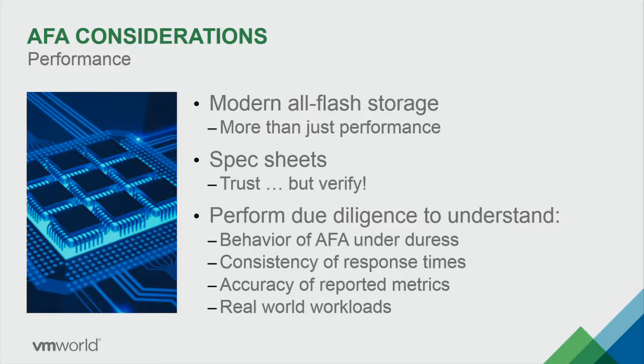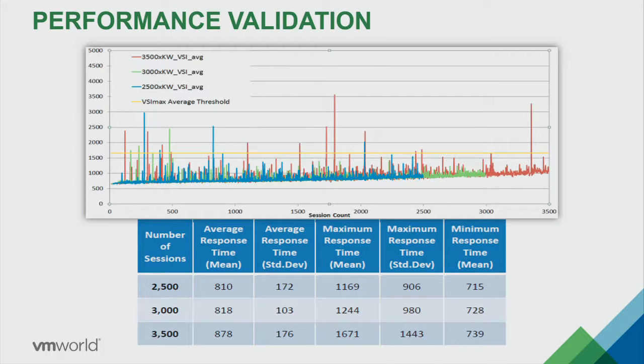Make sure that you pick the right solution for that. In terms of validation, generally I use View Planner or Login VSI. Okay, so what you see here on the screen is